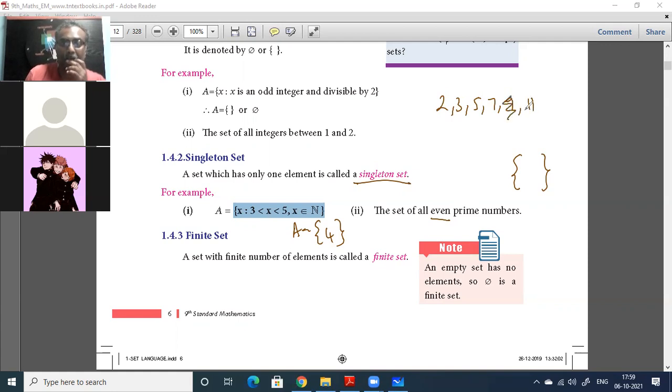It's 2, uncle. Who's that? What are you trying to say? Arpana, uncle. Oh, Arpana's coming. So the set of all even prime numbers is 2, uncle, because 2 is